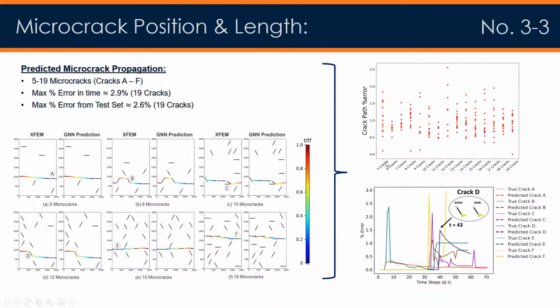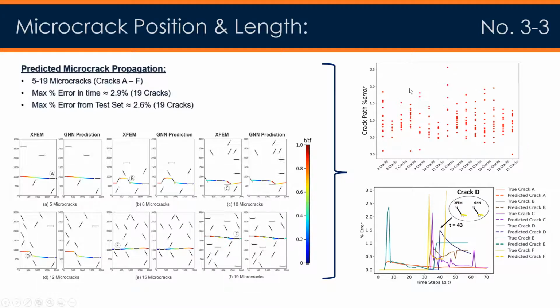prediction. And basically, similar to before, we have from 5 to 19 microcracks, and you'll see 15 discrete points, which would correspond to each simulation in the test data set. Again, intuitively, you would expect 19 cracks to have a higher error, but for this case, 12 microcracks was the one with the highest error at approximately 2.6%. So this is a